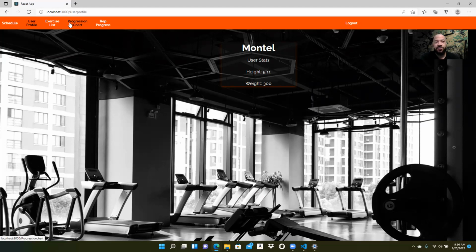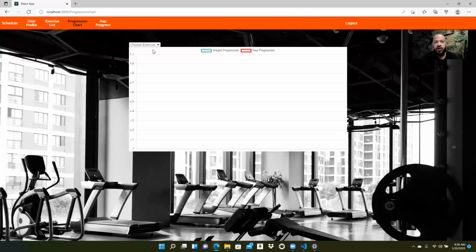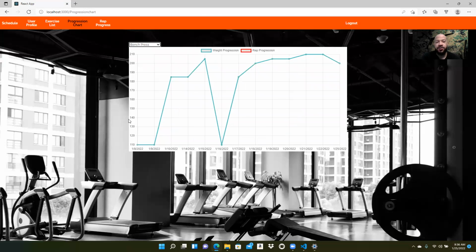Also, what you're able to do is track your progress. And I have it set up in two ways. You're able to track your weight increase or track your rep increase as well. So let's go with the progression in weight. So I have it set up to where you are able to break it down per exercise with this dropdown. You can go to bench press, and as you can see, realistically, of course, you're not going to do bench press every day, but for instructional purposes, I set it up to where you are able to see this user's